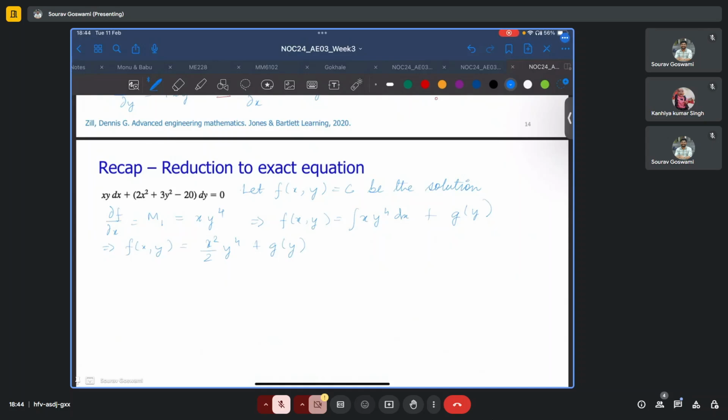Constant not in the real sense because it is still a variable dependent on y, but constant because here we are integrating not absolutely but only with respect to x, as this was a partial differential equation of ∂f with respect to x only. So we have some form of f of x,y. The second step